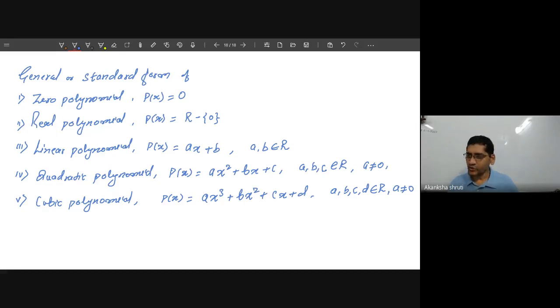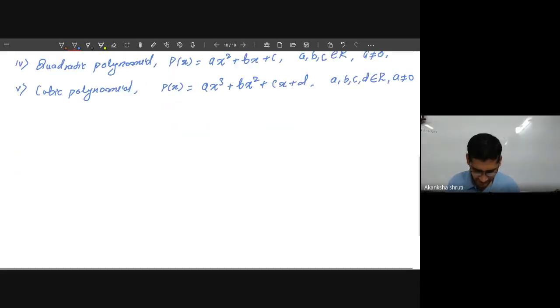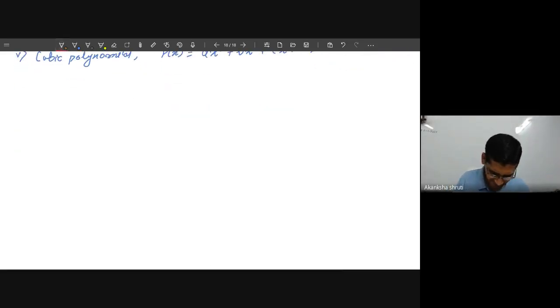Now, students, today what we will learn is called the value of a polynomial. If a polynomial is given, then you have to get the value. So write that, what is the value of a polynomial?